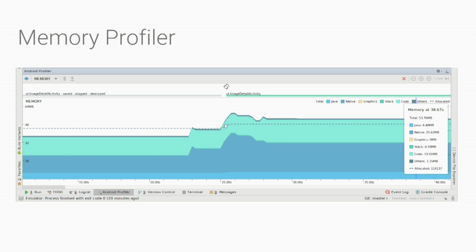For India, we have a variety of devices, and the amount of RAM on these devices, from low to high, is such a big variance. You would see that out-of-memory exceptions are more common in some of the applications that we build and deploy in our region here. So to help with that, you have the memory profiler, which color codes all the different sections of your memory: the Java code, the native heap, the stack. All these things are color-coded differently so that you understand how they are growing at each point of time.